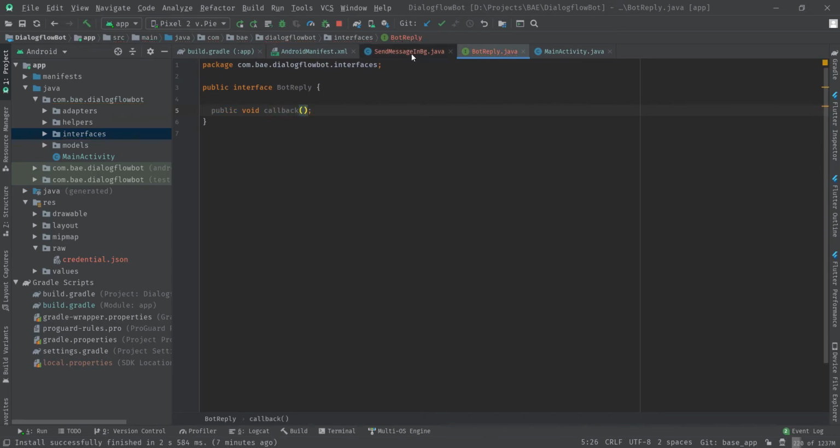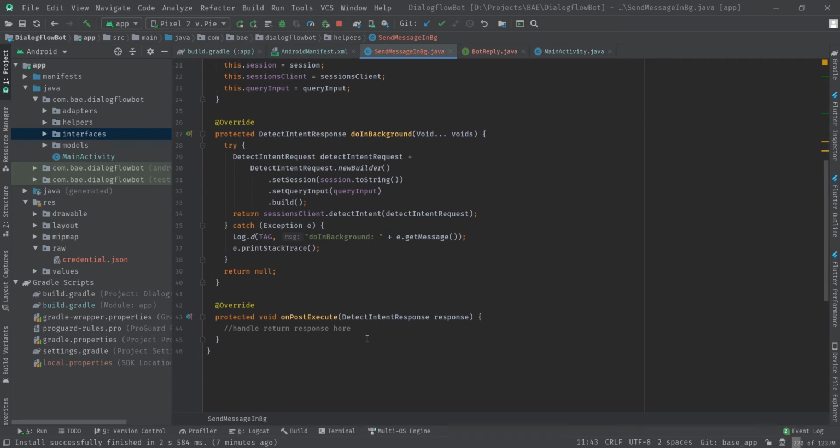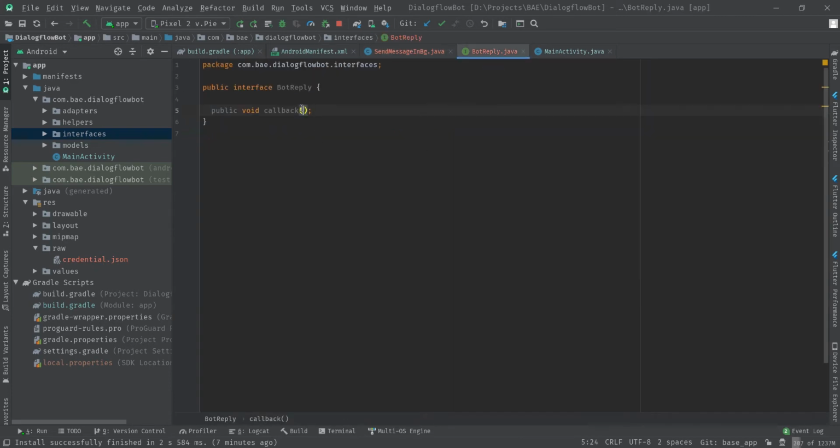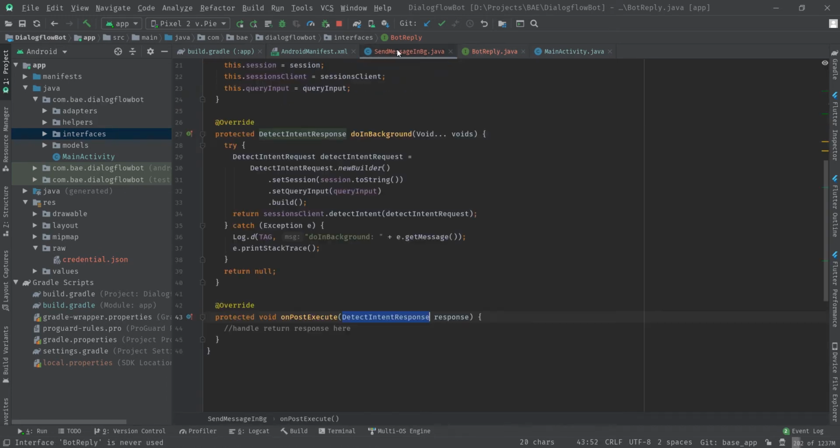The response which we are getting from the async class is a detect intent response, which is also a class file from the Dialogflow package. So we can use the same. Let's say it has written response. So we have to initiate this interface here.